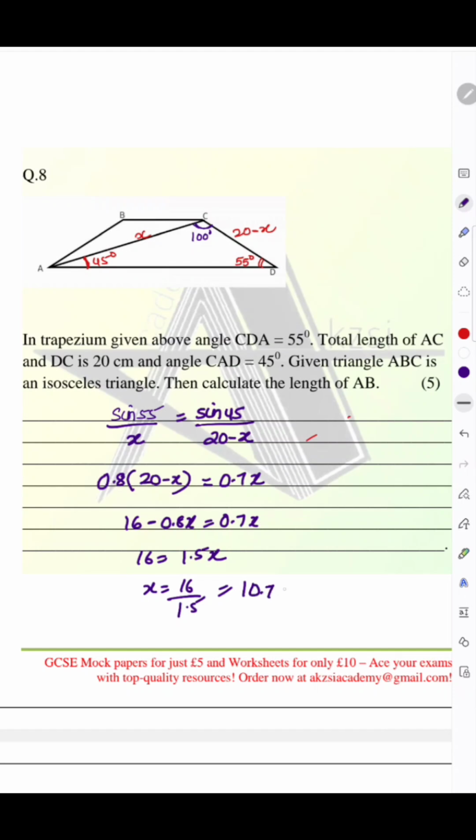So 10.7 centimeters. So at least we got that x is 10.7. So this x is going to be 10.7 centimeters. So this we have calculated. Now we have to calculate another angle, any one angle, because it's an isosceles, and just by looking at it